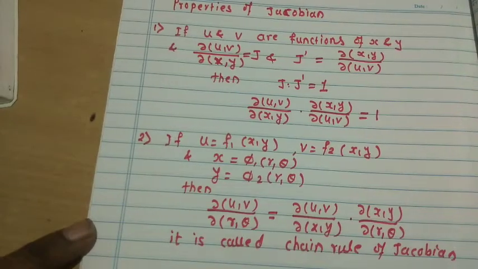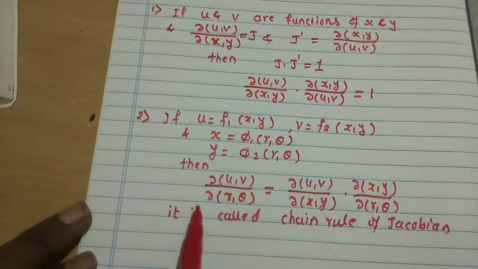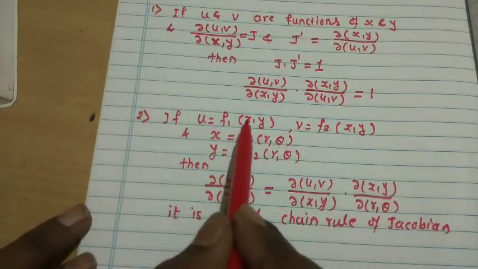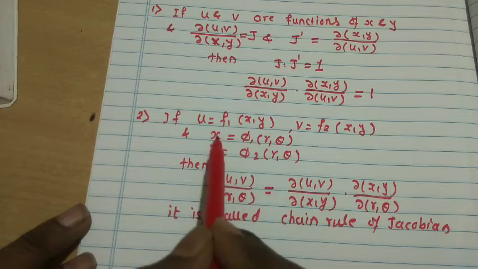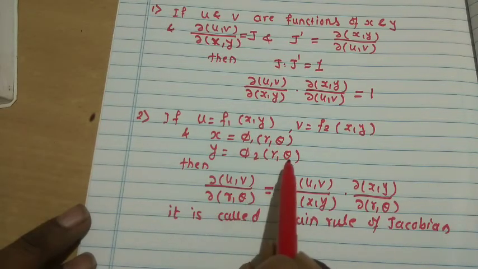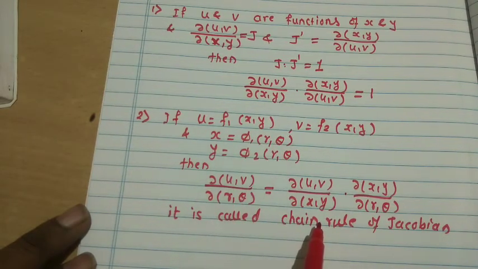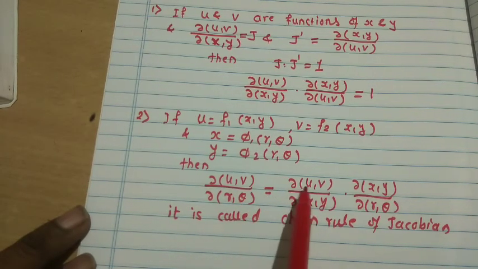This chain rule of Jacobian is true for functions of 3 and more variables. Now you can see here u v depends on x and y, and this x and y depends on r and theta. That's why it is called as a chain rule. So del of u comma v by del of r comma theta is equal to del of u comma